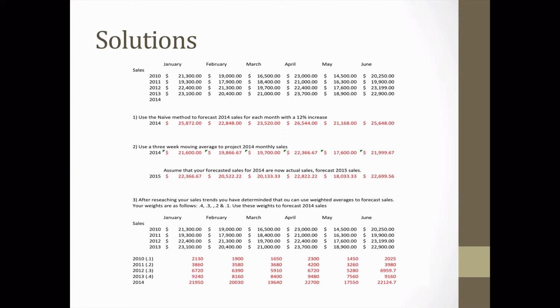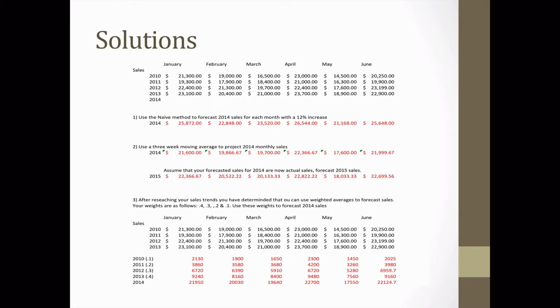And then finally, we have our weighted average, and you will have a problem on weighted average on the test, so you'll need to go ahead and understand how to do this. And going back to everything we've said, our most recent period is our most valuable period, so that's the one that's going to get the highest weight. So if I give you weights, you're going to need to use those weights accordingly. So here we have a 0.4 for 2013, a 0.3 for 2012, a 0.2 for 2011, and a 0.1 for